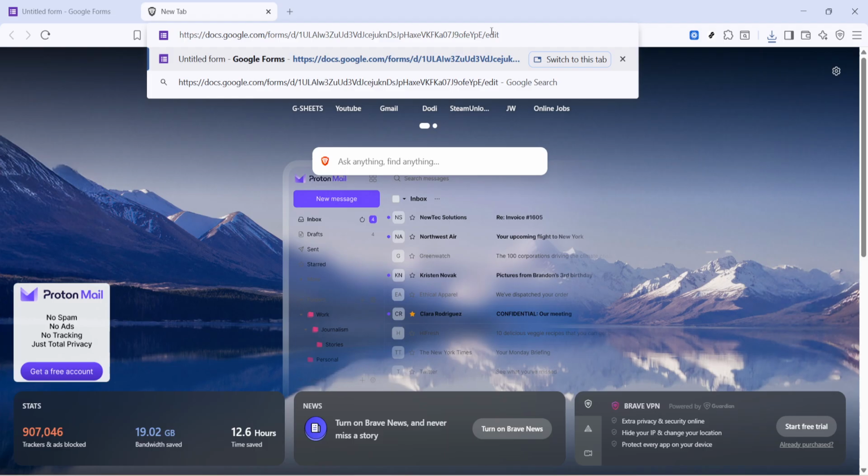Next, paste that link somewhere you can safely edit it. This could be an email draft, a document, or even right back into your browser's address bar. Don't press enter yet. Carefully move to the very end of the URL and replace the word edit with the